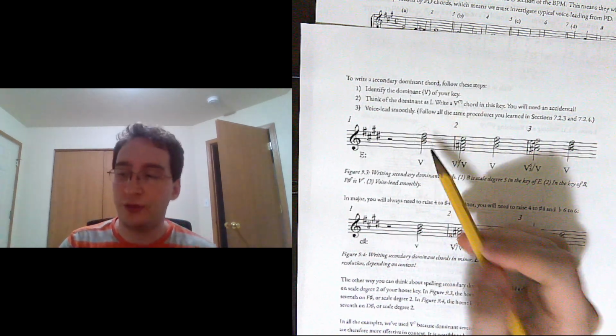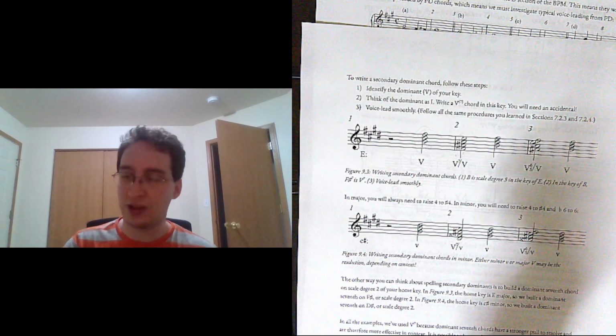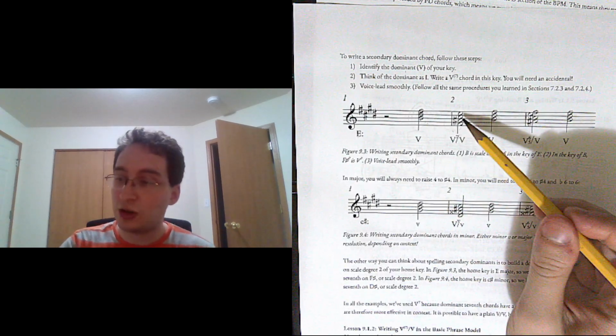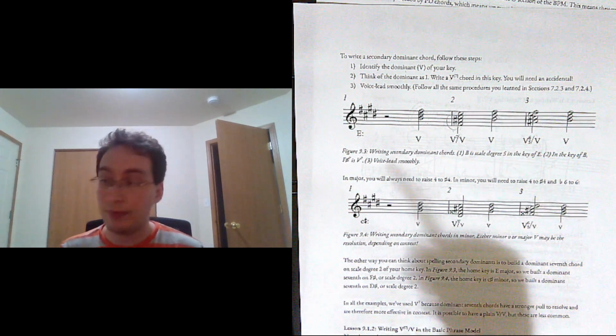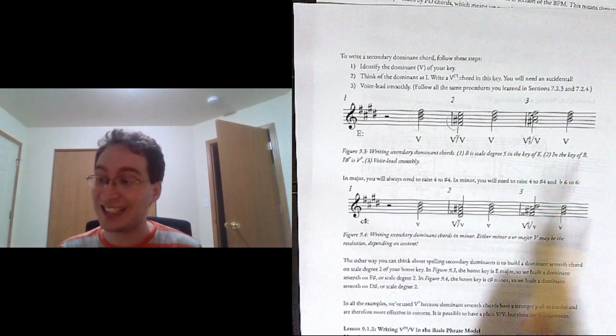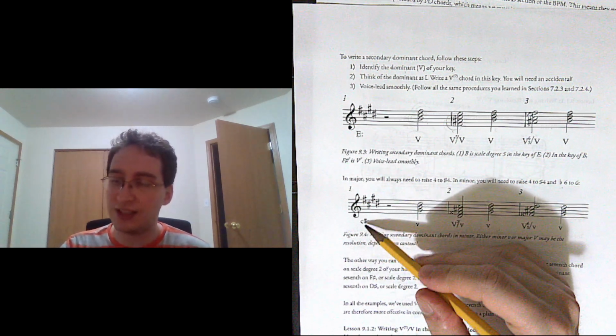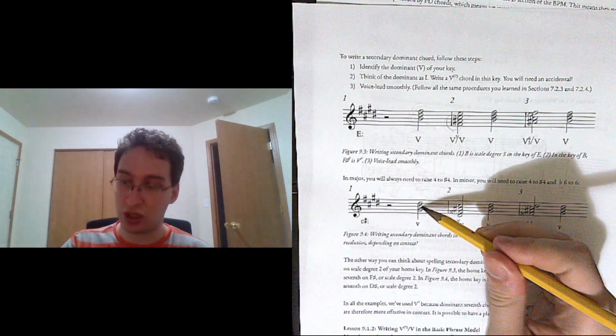So again, you want to figure out what your V chord is, figure out what V of that is, and then voice lead as needed. In major, you're always going to need that one accidental, raise 4 to sure. In minor, you're going to need to do that again, and you're also going to need to raise 6. So here in C sharp minor, our V chord is going to be based on G sharp, and